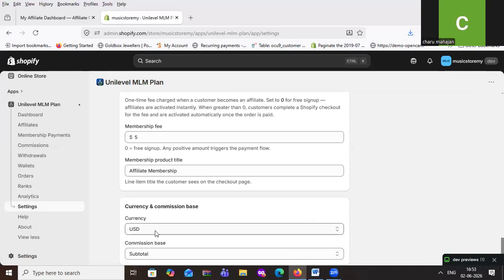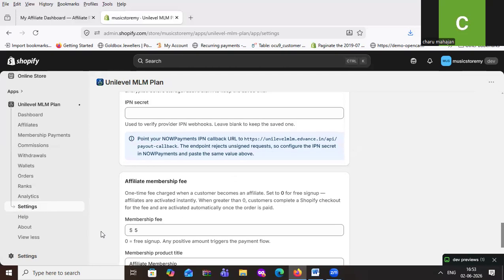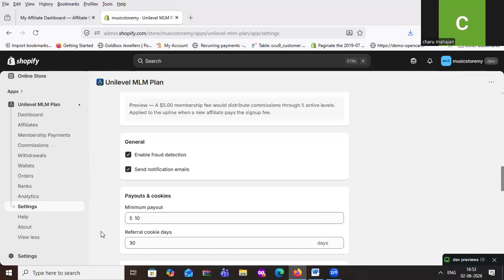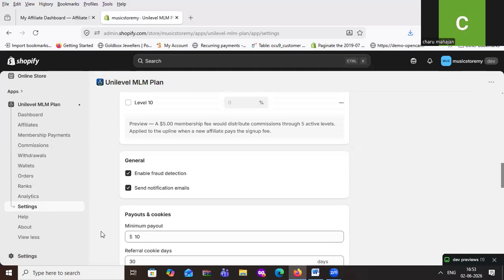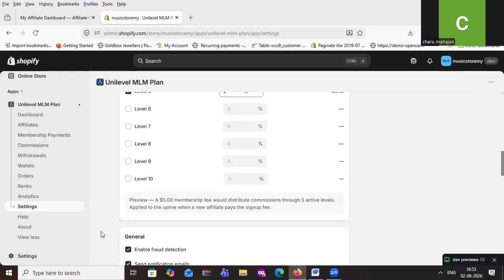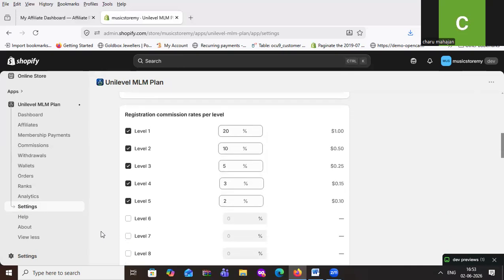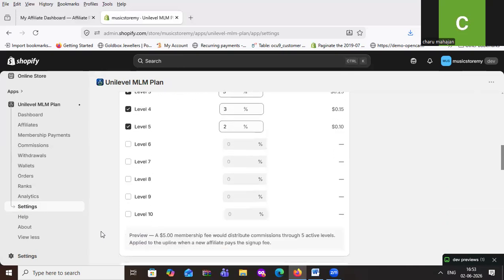Commission is based on the currency set, and commission is based on subtotal or total. Crypto payout provider, NOWPayments or manual. Email verification toggles, and registration commission rates per level.